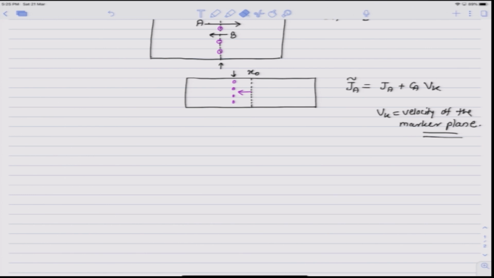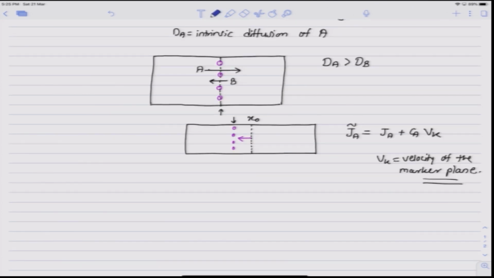Why does this movement occur? Let us try to understand physically what is happening. We are assuming here that the diffusion is occurring by vacancy mechanism. And since more A atoms are moving from left to right than B atoms from right to left, there is a net vacancy flow which is occurring from right to left, which we can denote as J_V. Because of this, as the time progresses, there tend to be excess of vacancies on the left side of the alloy,